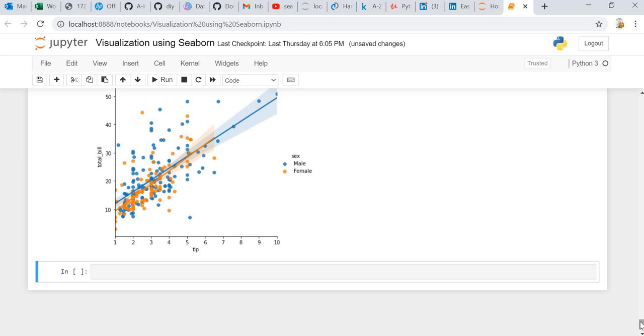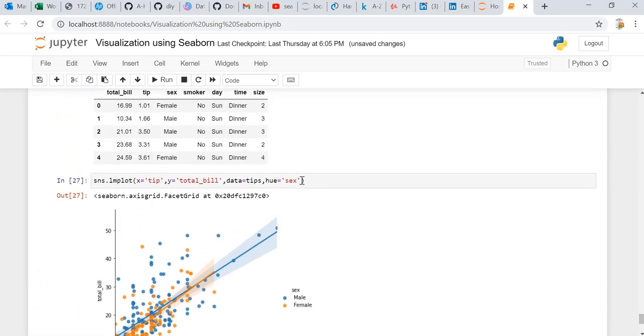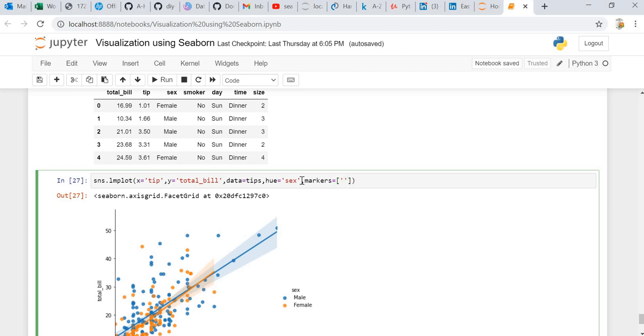We can add different markers to distinguish the male and female also. Here all the markers are rounded shapes, circles. If we want, we can change it, like we can make the males a circle and the females a V shape. For that we can add another parameter called markers, where we can specify what we want.